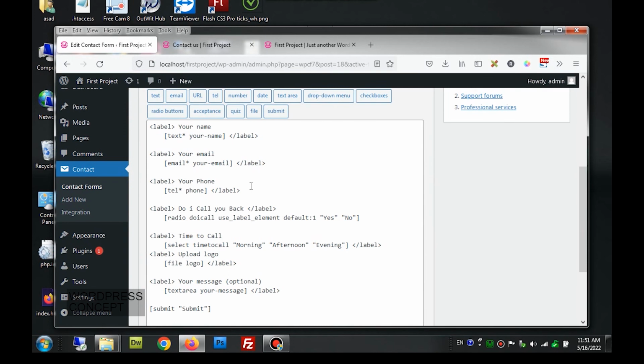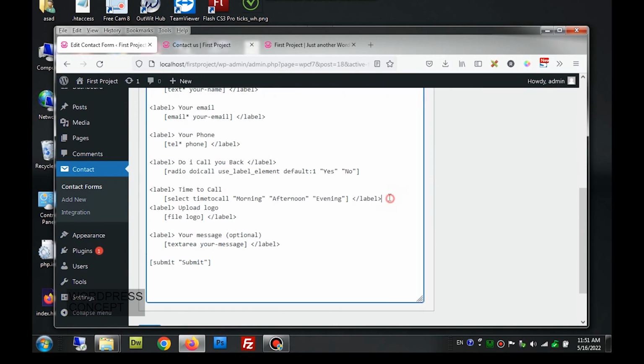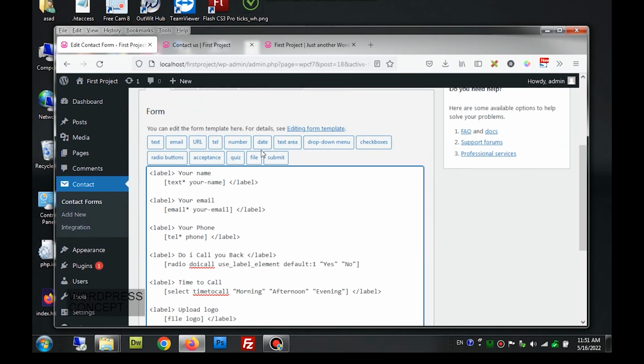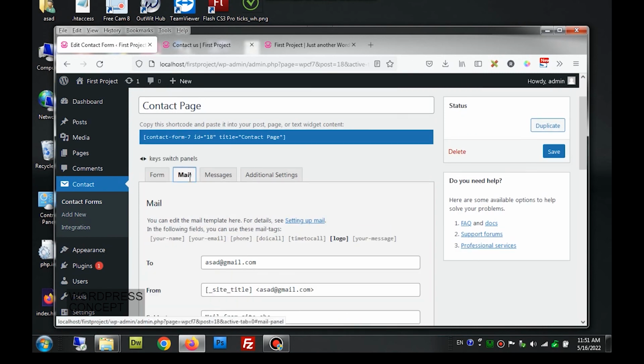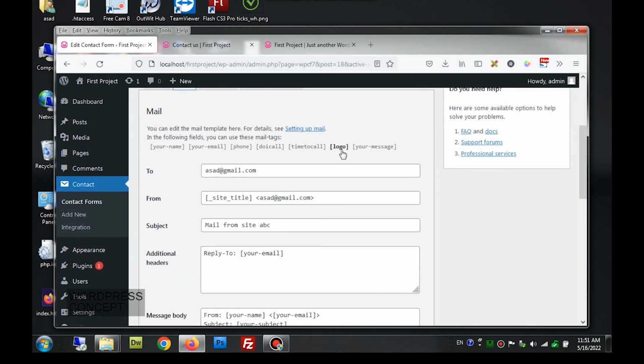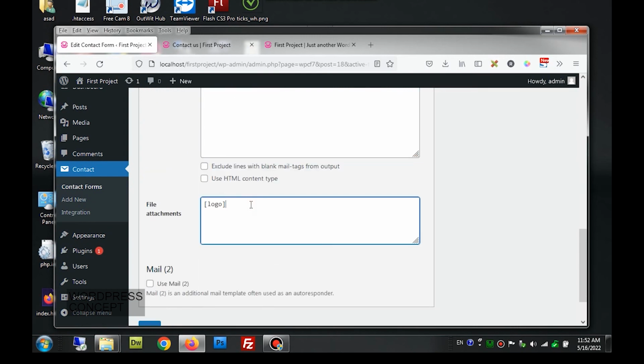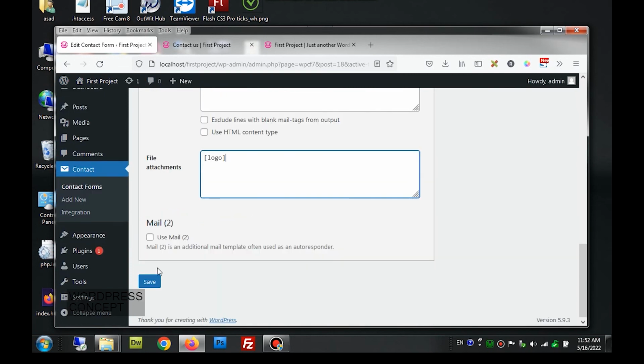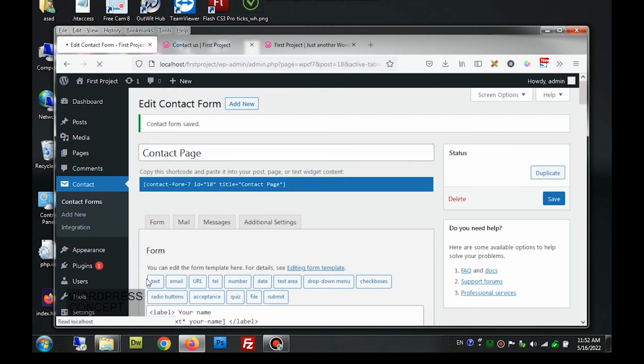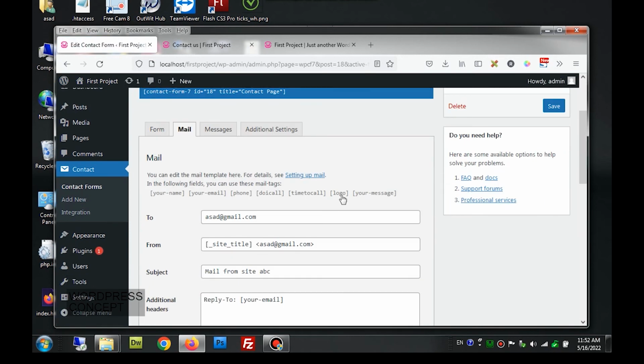Now we have included a field here. We have to actually include this field in this email template as well. So we'll come here, and as you can see, the newly added field is not light colored, it's a dark color, suggesting that this field is not part of the email. So we'll copy this and put it here. Now the logo will be sent as an attachment. I'll save it, and you can see now this is dim now,